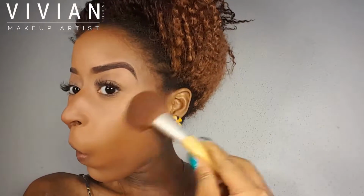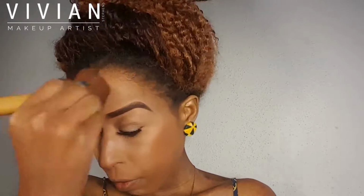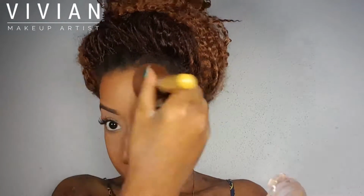Okay, so now I'm going in with my CoverGirl Queen Natural Hue Bronzer in Ebony, and applying this on my cheekbones and my temple. And just cutting those cheekbones, making them look nice and chiseled. And I really, really like applying that foundation first because it really helps keep everything nice and blended. So now I'm going in and just applying this to the perimeter of my forehead. And that's the only places I'm going to apply this